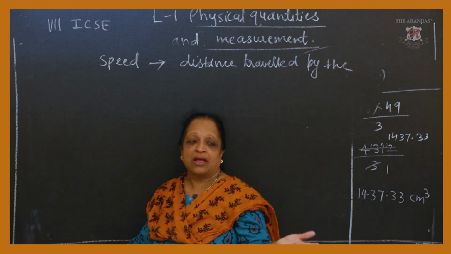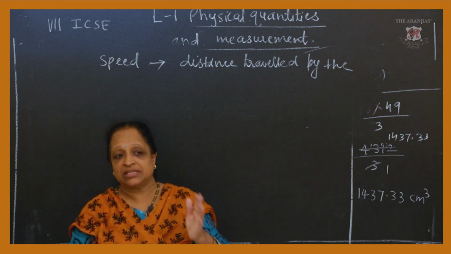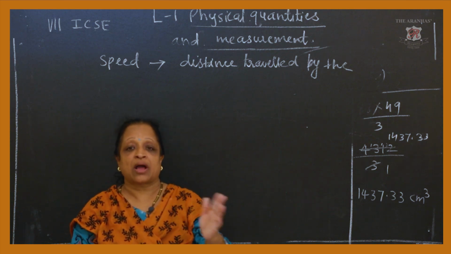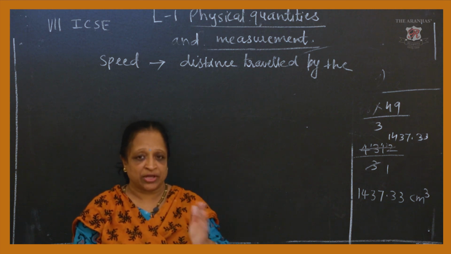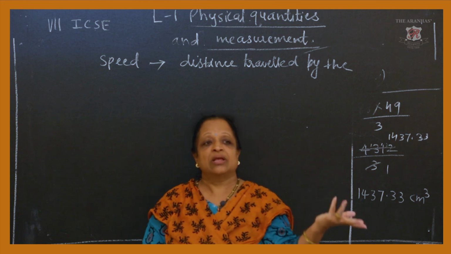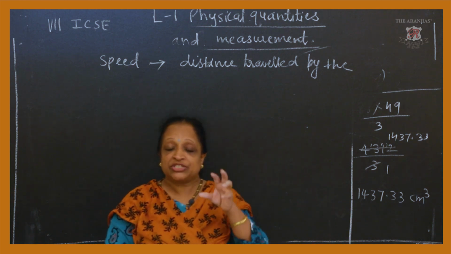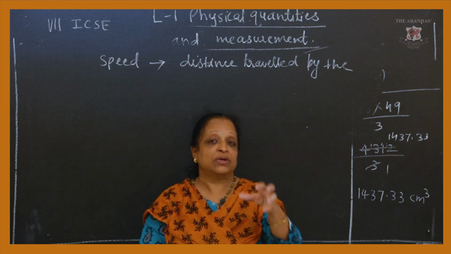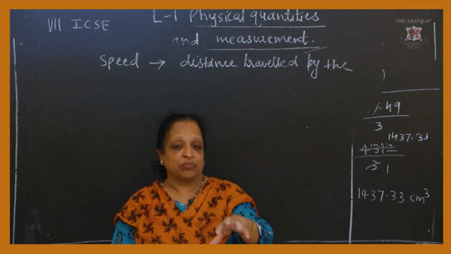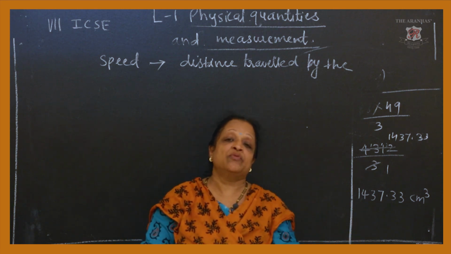It can be a car, when you are rolling a ball also we can find the speed. That is why we are not using the word car or vehicle or scooter or aeroplane or anything. Any object which has got a motion will cover a certain distance, and how much time is taken by that object to cover that specific distance will give you the speed.